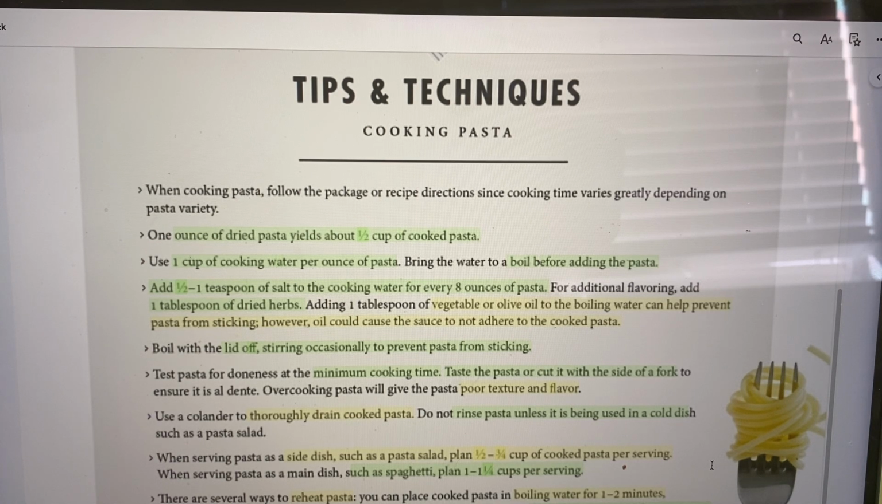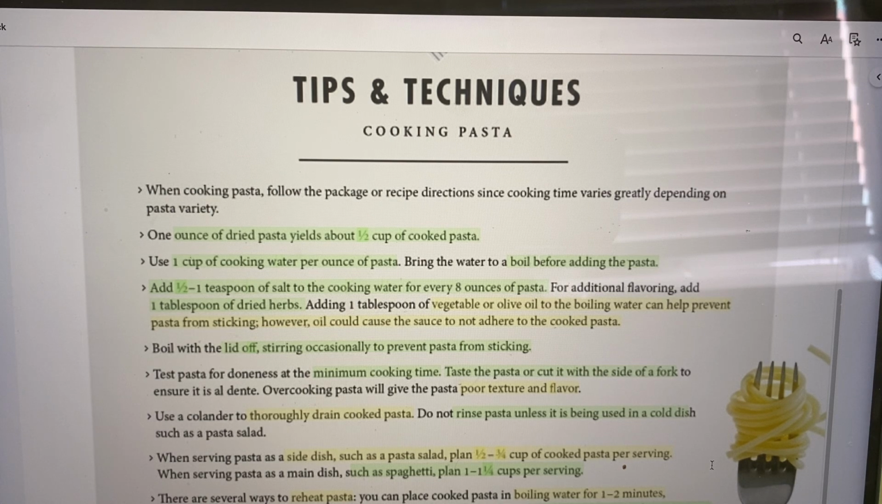Adding 1 tablespoon of vegetable oil or olive oil will prevent the pasta from sticking, but the oil could cause the sauce not to adhere to the cooked pasta. So, I always like to add a little bit of cooking oil to the water when I'm cooking pasta so that it doesn't stick all together. And it actually works pretty good. Just don't add too much, because if you want to put spaghetti sauce on it, the oil makes the sauce kind of slide off a bit, which I don't mind but